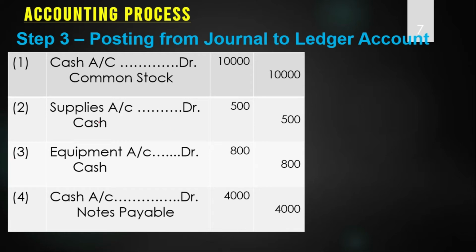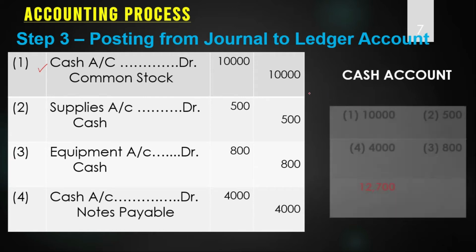So whenever you have journal entries, you will start preparing accounts. The first transaction gives you cash and common stock. First of all, you will prepare the cash account because it comes first. Cash account is prepared. Now for T accounts, we shall take the 2 sides and you will start